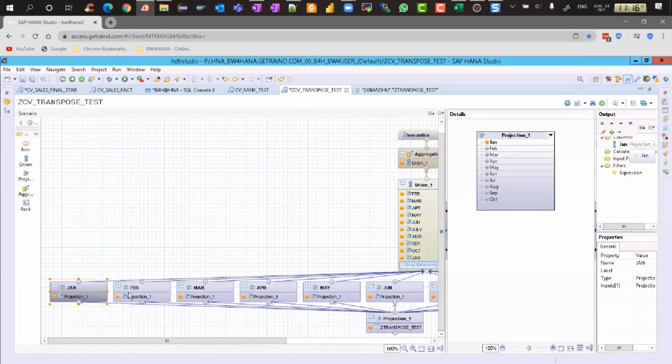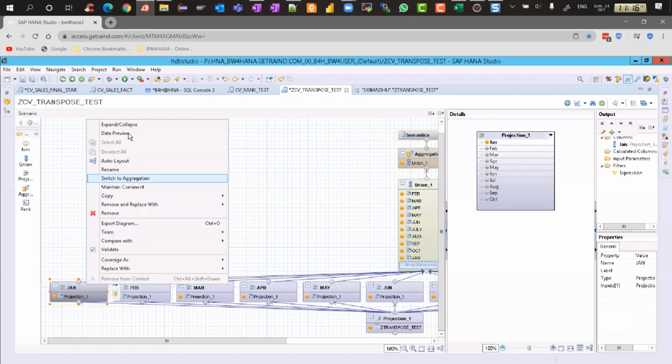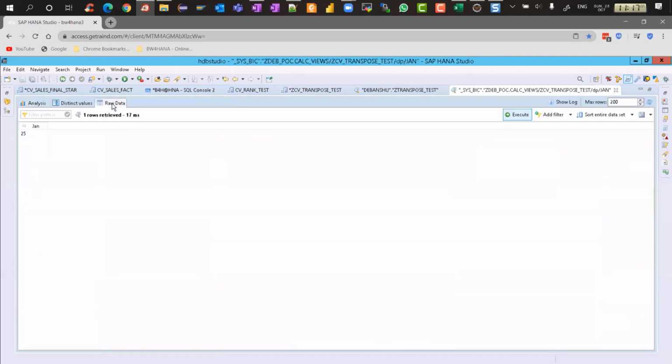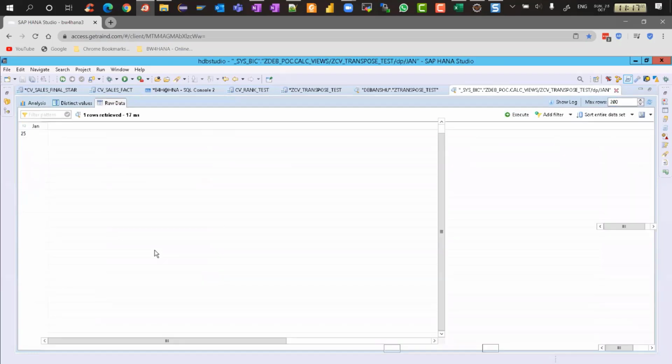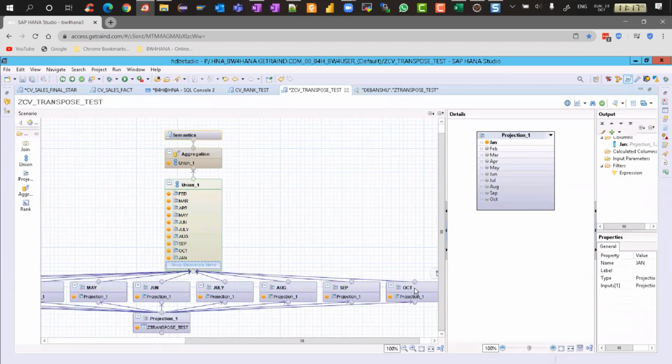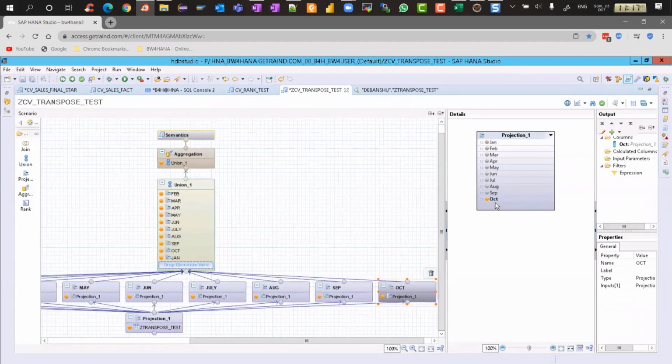The output of this node will only give me Jan 25. Similarly, I have one for Feb, March, April, May, all the way to December. Only that particular month is chosen: for October it is October, for September it is September, and so on.